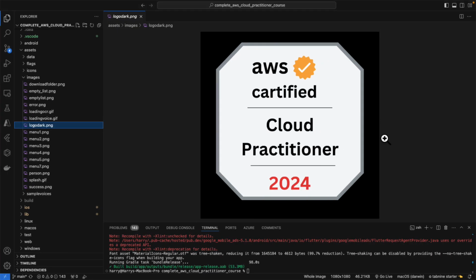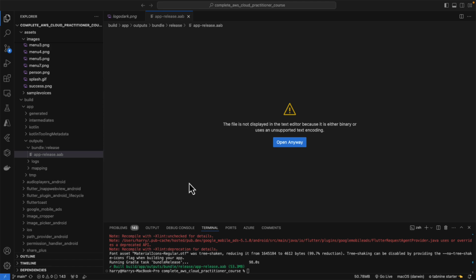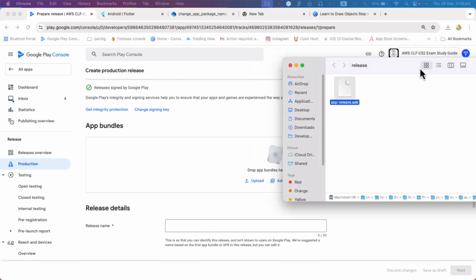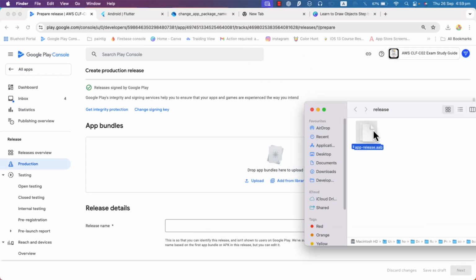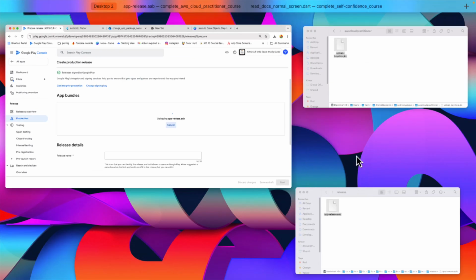It can take some time already. Our application is created, our app bundle is created, and we need this. I'm going to click there, and I'm going to reveal it in Finder. It's over here, guys. I'm going to drag this to over here, app bundles. The upload process can take some time, and meanwhile,